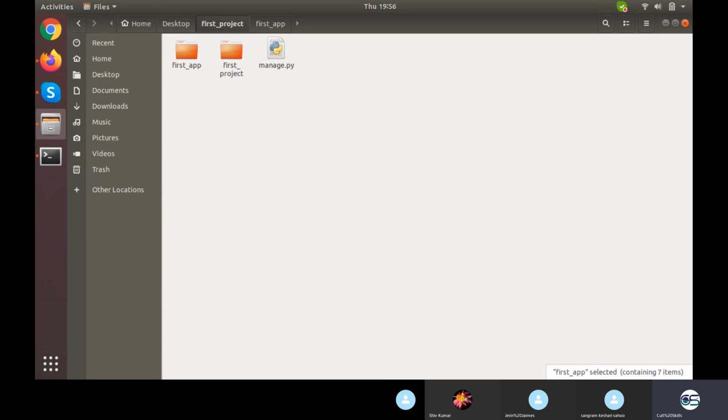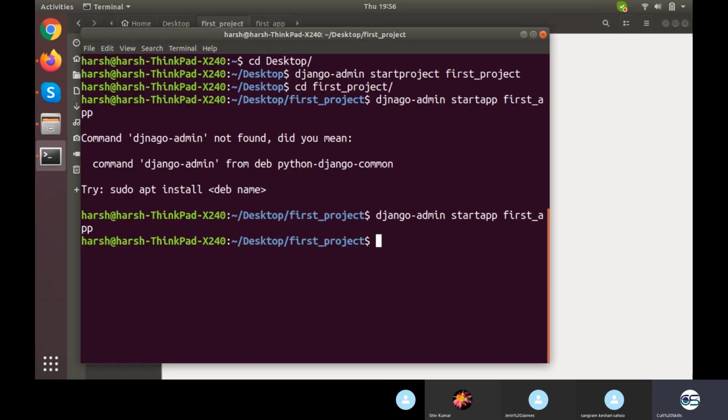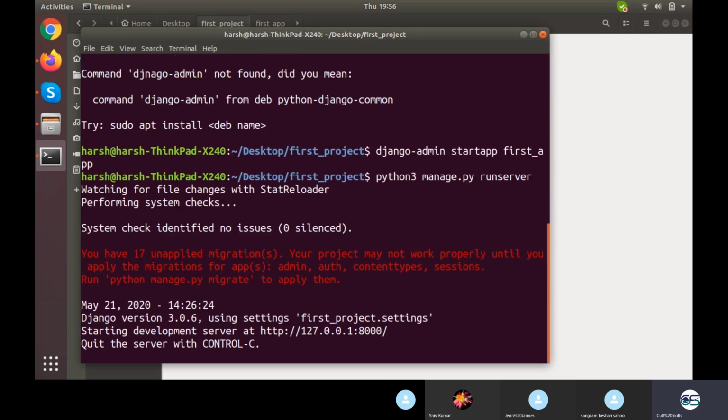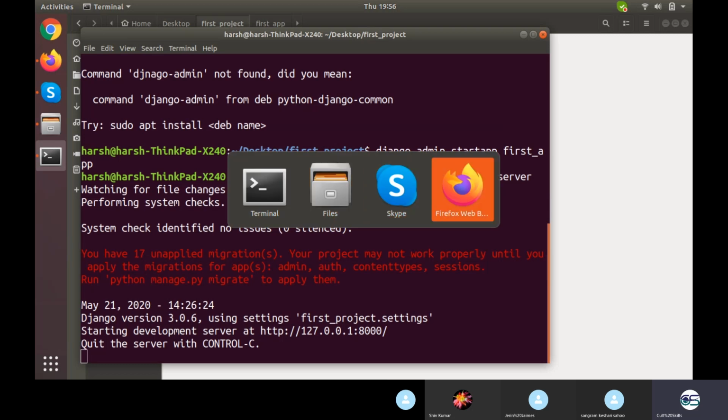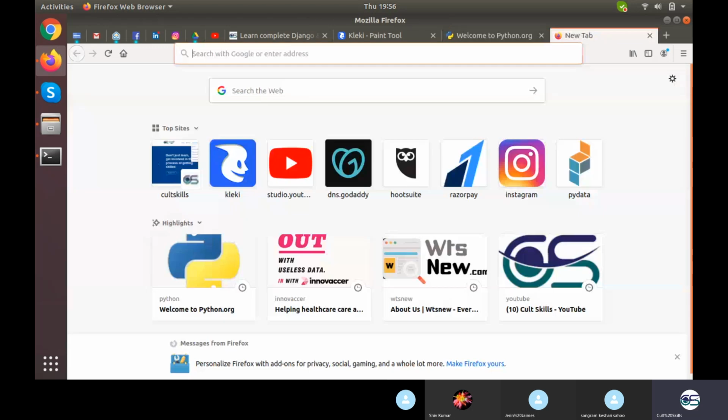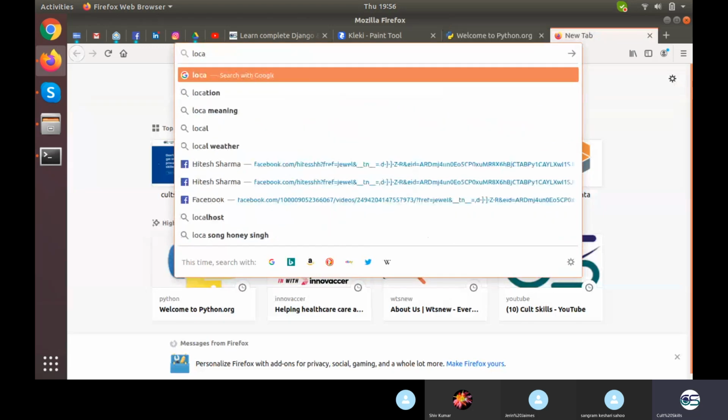Now let's do one thing: let's run the server right now. What do I mean by server? What you need to write is python3, since I need to call a Python file. You can use python manage.py runserver. Okay. So I have a server running at 127.0.0.1:8000. This is the address of localhost, so I can replace 127.0.0.1 with localhost as well. What I'll be doing is opening localhost here.